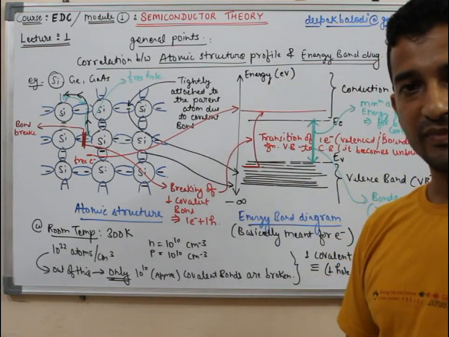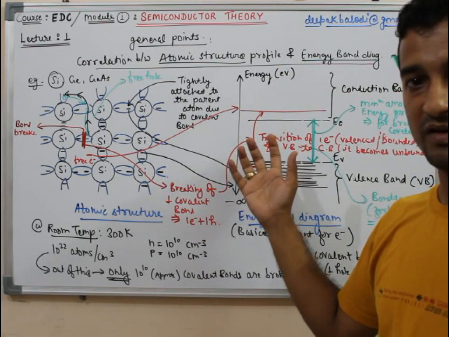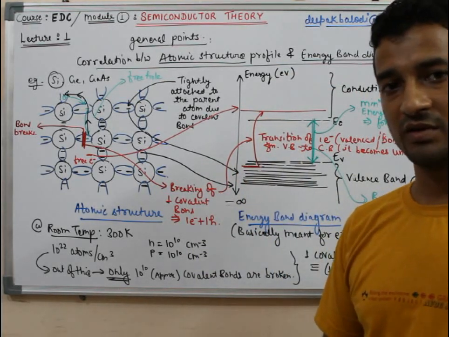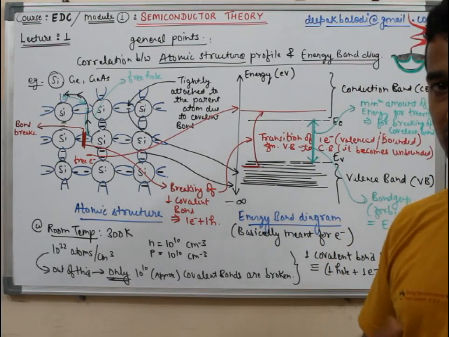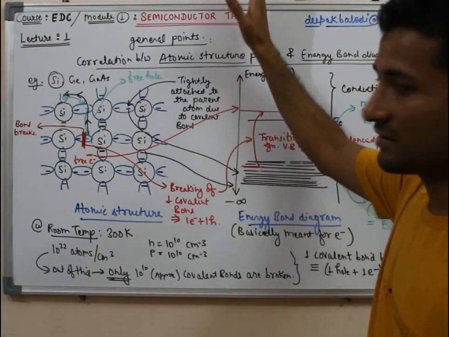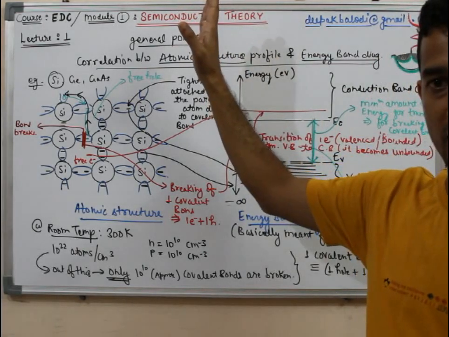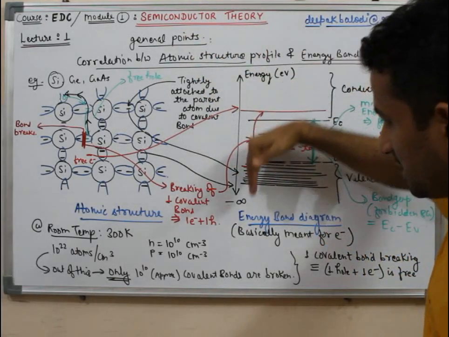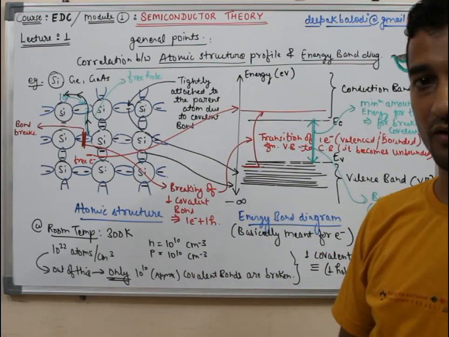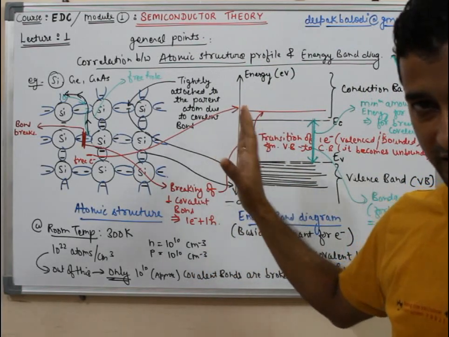As I said, the energy band diagram is basically meant for electron. So whenever we have to fetch any information about the hole, then we can reverse our theory. Like for electron, this is the direction of increasing energy value or energy levels. Then for holes, this is the direction of increasing energy. So if we have to understand anything for hole, we can understand it like this.